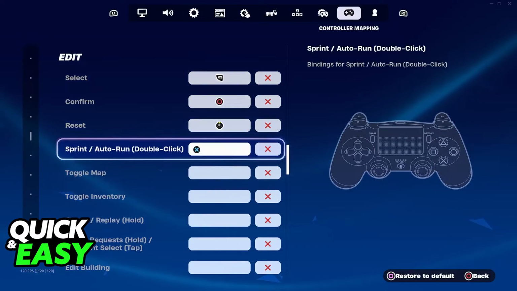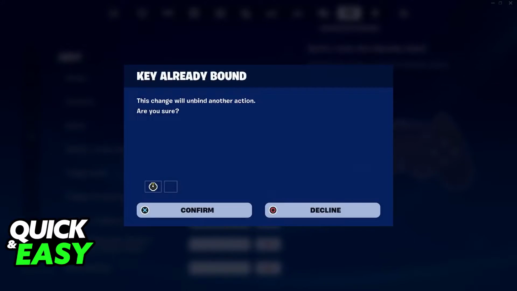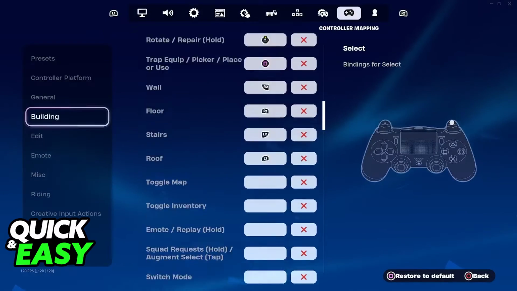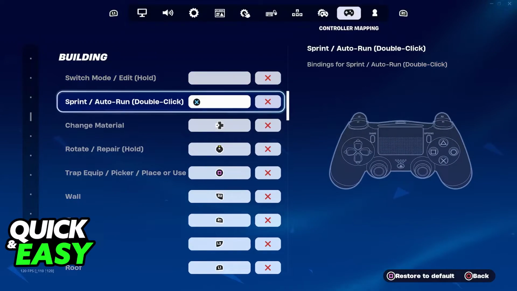Like I said, you will be able to browse through all of these categories and bind them accordingly, and you can repeat this process as many times as you wish. You can change this later, and not only R3 but other buttons are going to be available to be bound to certain actions. I hope I was able to help you on how to fix R3 on a PlayStation 4